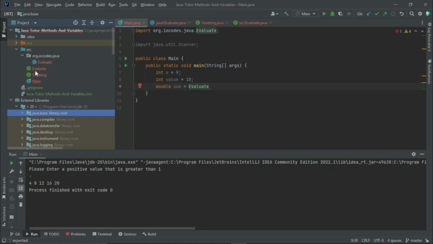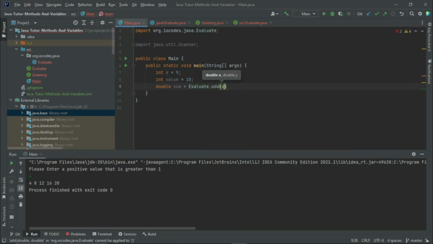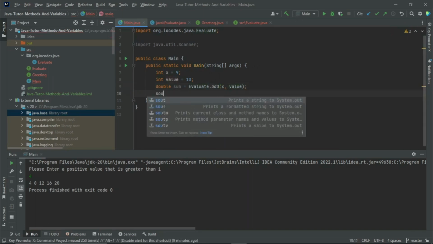In fact, there's no default package at this level at the moment, but inside of the source folder we now have a package, and inside of this package we have the evaluate class. Now to use the evaluate class, we have to import it inside any class that is not in the same package with the evaluate. So for that, we'll say double sum equals to evaluate.add, say x, then we'll put value as the second value, then we can print out sum,